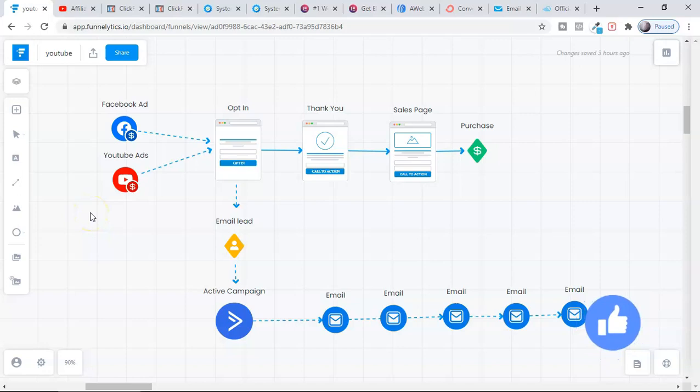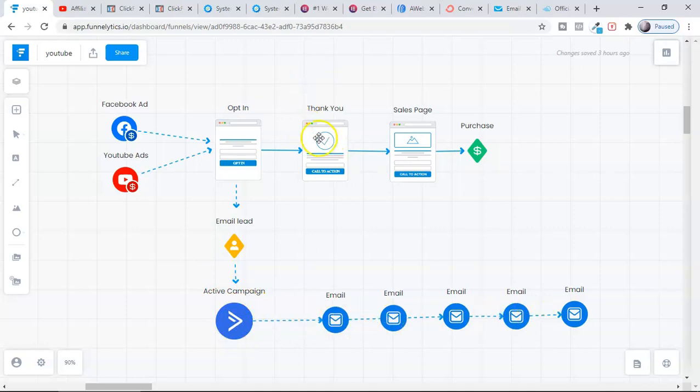With that said, let's do this. So this is an affiliate marketing funnel which you're seeing right now, which is perfect for any beginner. You're using paid traffic, or you might be using free traffic. You're sending the traffic to an opt-in page and collecting the emails, then sending those emails to an autoresponder. And then you're sending the traffic to a thank you page and the sales page. If they buy here, you make a commission. If they don't buy, you have their emails to retarget them through the email autoresponder.